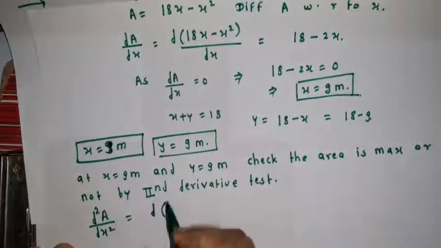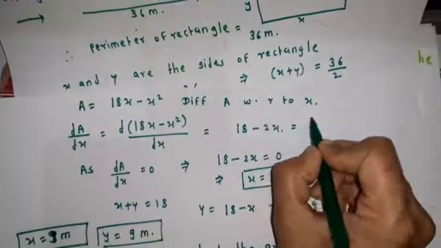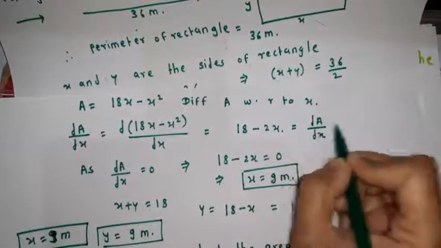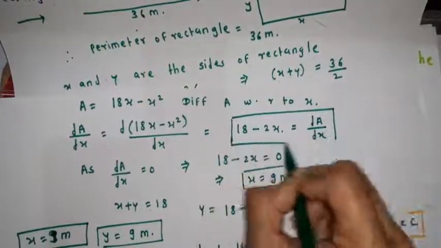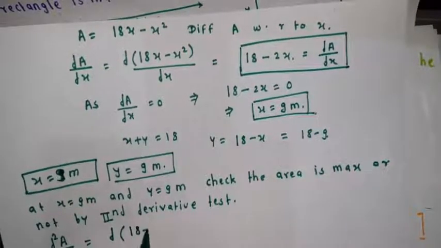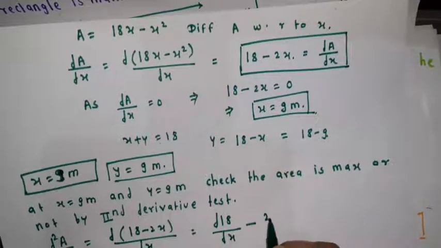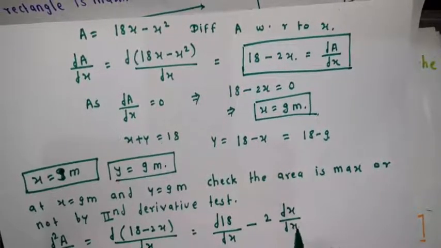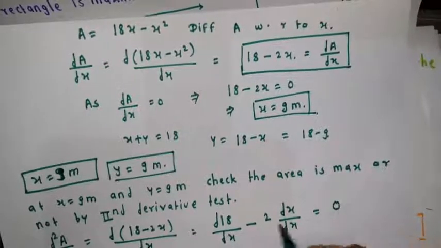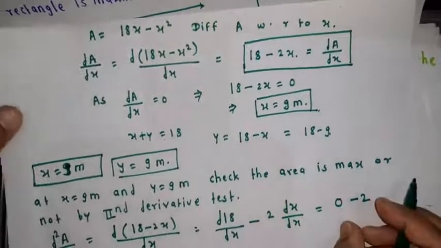That is, what is our dA/dx? dA/dx is 18 minus 2x. This is our dA/dx. Okay, and now differentiate this with respect to x. So d²A/dx² is differentiation of 18 minus 2x with respect to x. That is differentiation of 18 with respect to x minus 2 as a constant, differentiation of x with respect to x. Differentiation of 18 is 0, minus 2 times differentiation of x with respect to x is 1, and hence